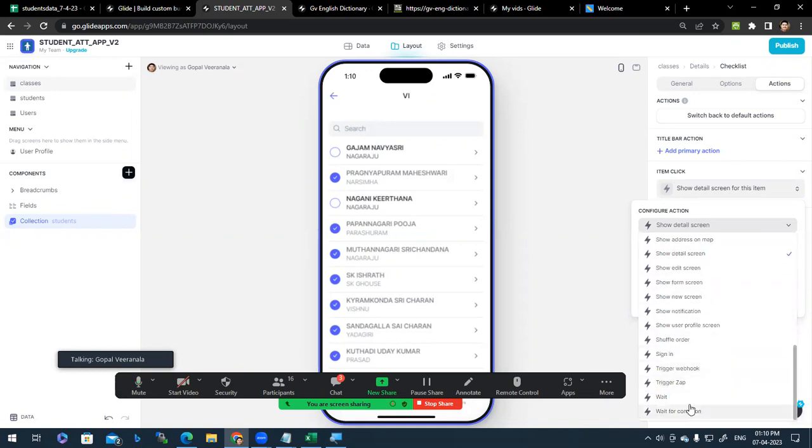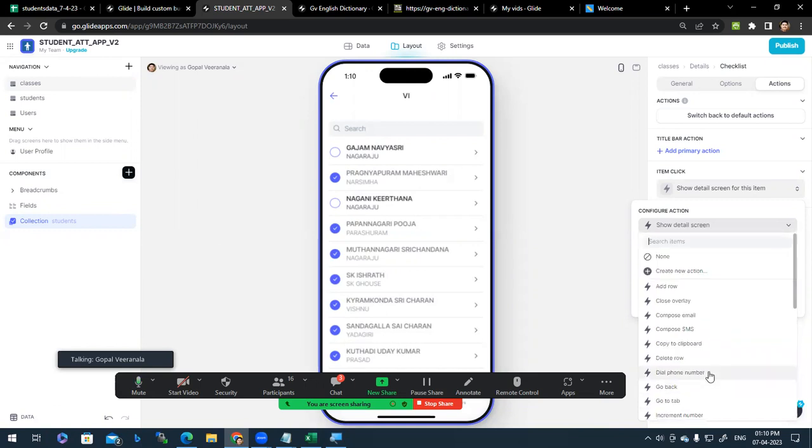There are many other options. If you want to show a message, a notification or message, just the notification you want here. If you want to show the notification,